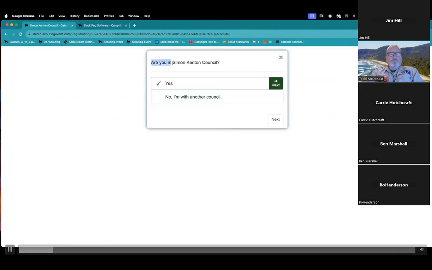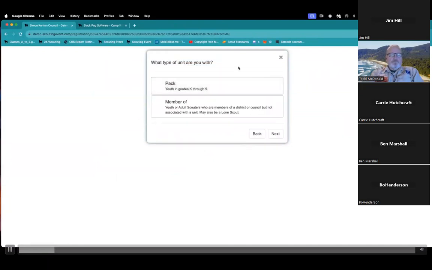When I go to select my unit, it's going to walk me through a series of questions. So first thing it wants to know is, am I a member of the council that is hosting this event? And so if I am a member of Simon Kenton Council, I would say yes, and we'll walk through that first. Then it wants to know what type of unit I'm with. This list can change. In this case, it is a Cub event, so we're only offering the pack option.